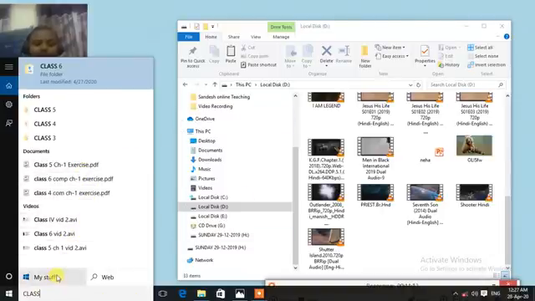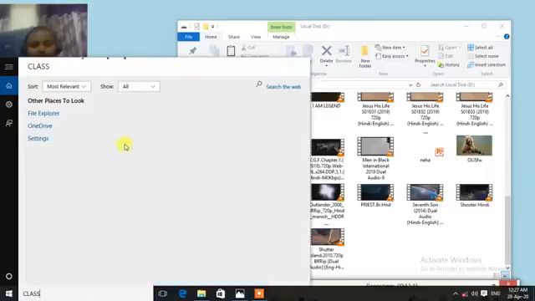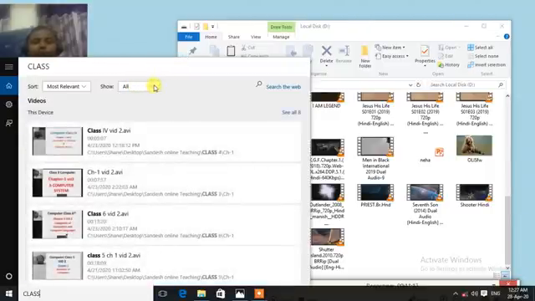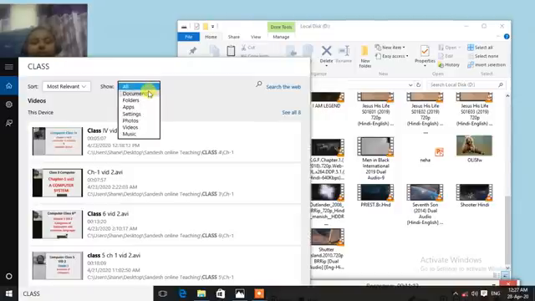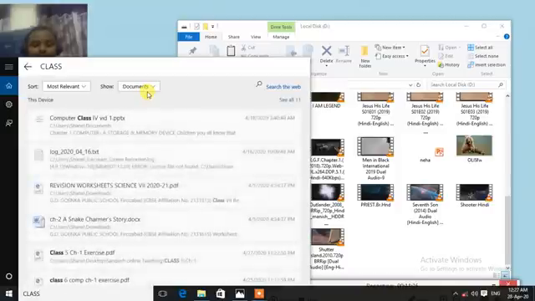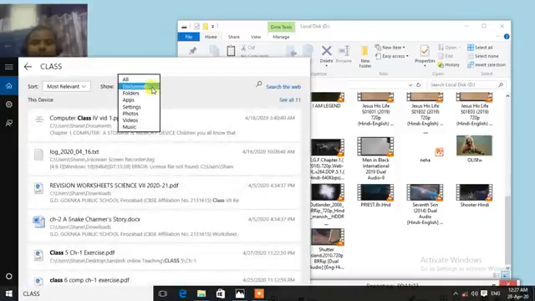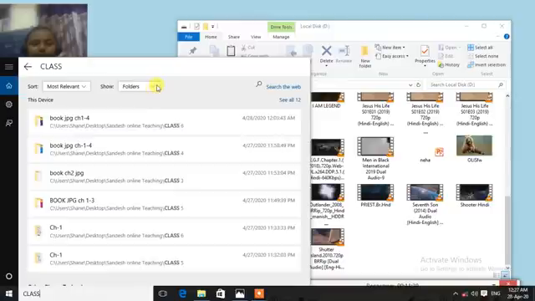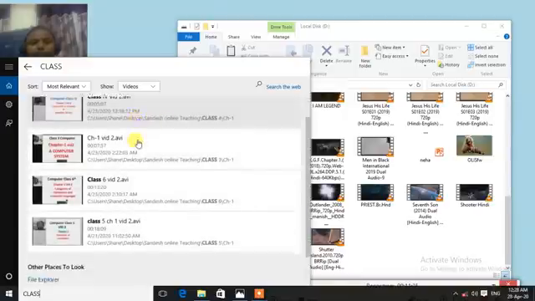If I click on my stuff, I will get the options also. In 2010 you get some extra options. So documents, it will show you only the documents. Then folders, it will show you the folders. If you click on videos, it will show you the videos related to class.